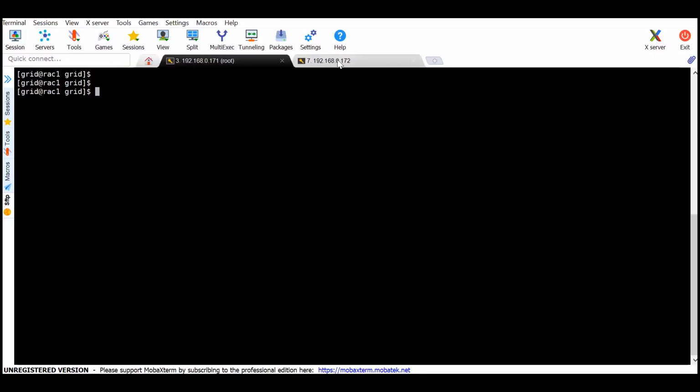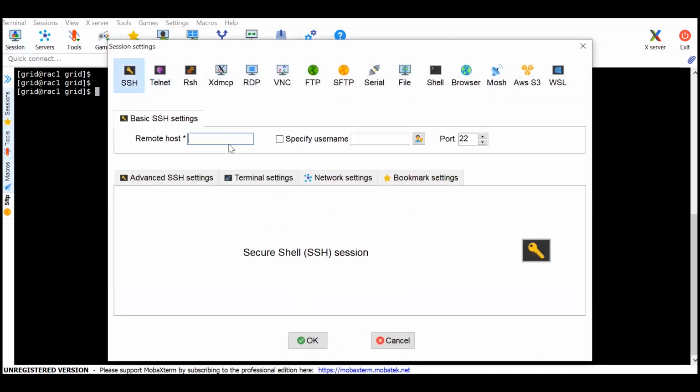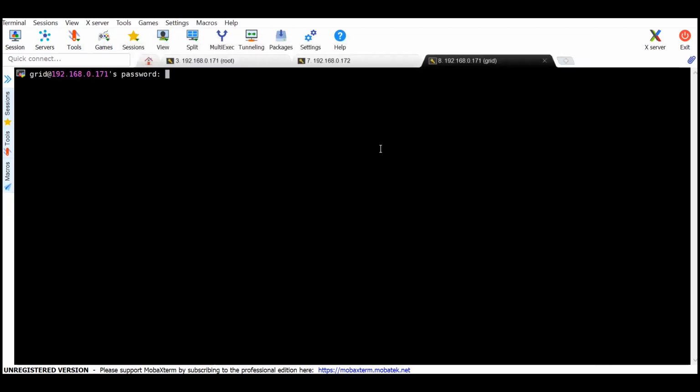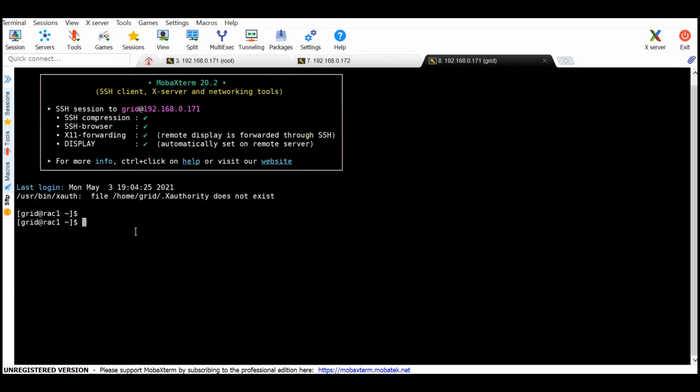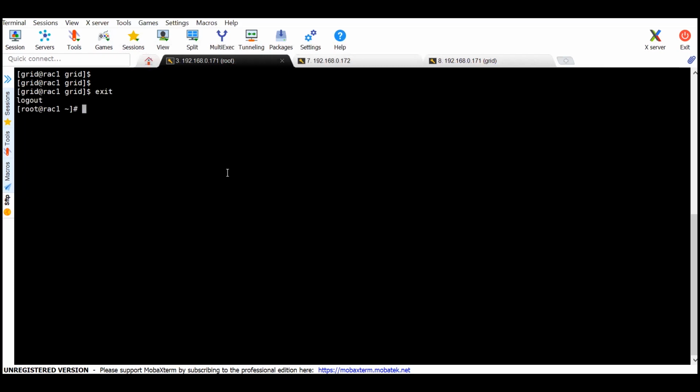What I will do, I will log in through the grid user over here, and then we'll initiate the actual installation process. If you are using MobaXterm, you should always use the actual user for the installation, such as grid or the Oracle user, instead of switching from the root user to the grid, because it will not enable the graphical interface. So I just log in with a fresh grid user, and I will cross verify my details of the Oracle environment. From here I will be running the xhost plus command, so that